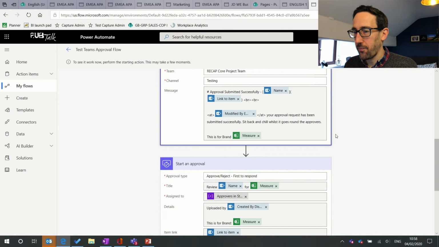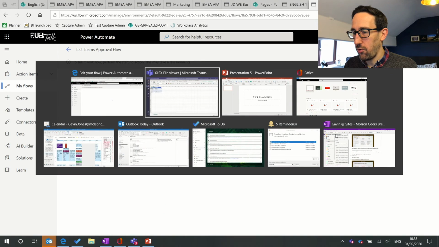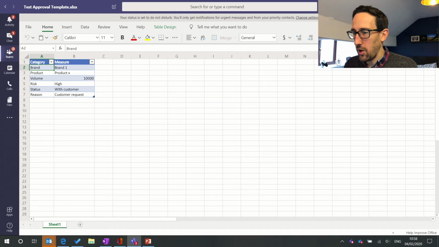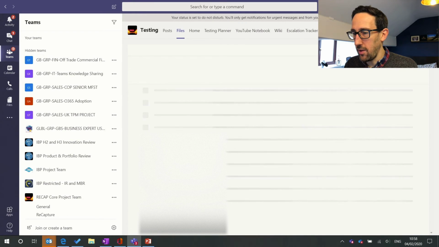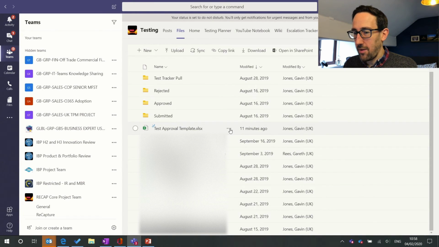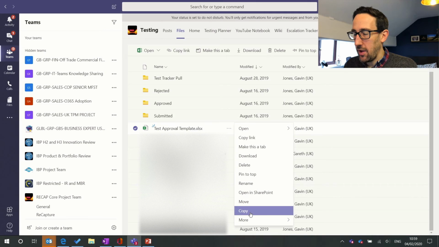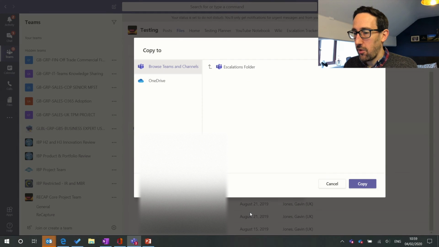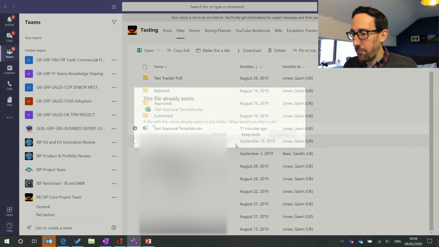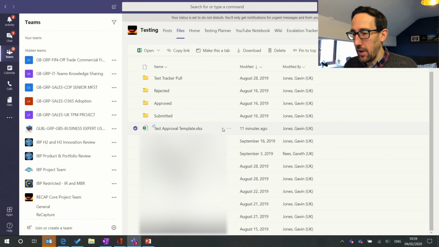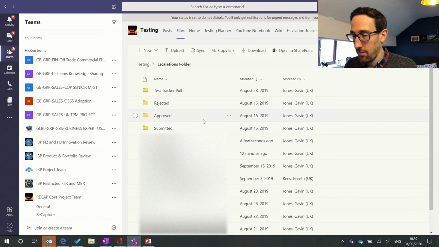So if we test that, get it so the flow has the little circles squiggling around. Right, if we go back into here, if we close that. In the business process, we'll probably tell people to keep the template as is. We'll make it read only so that you can't break anything. So we're going to make a copy, keep both,